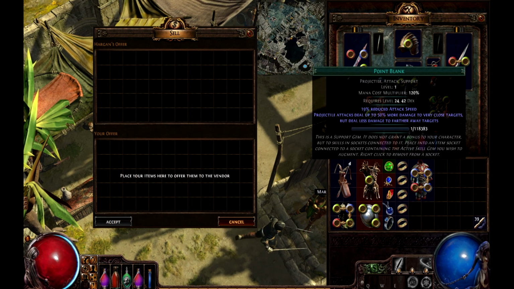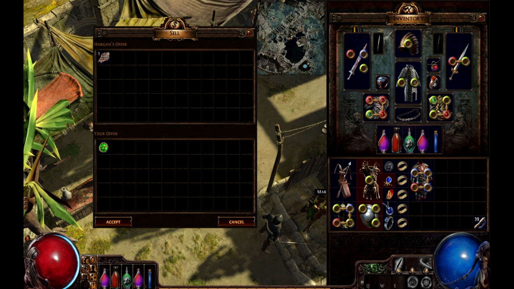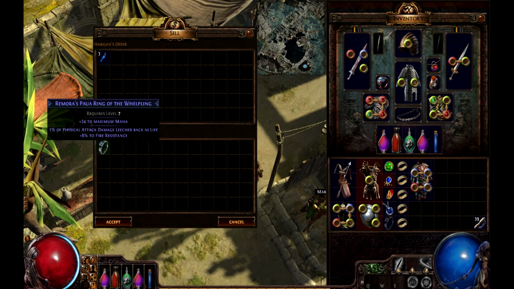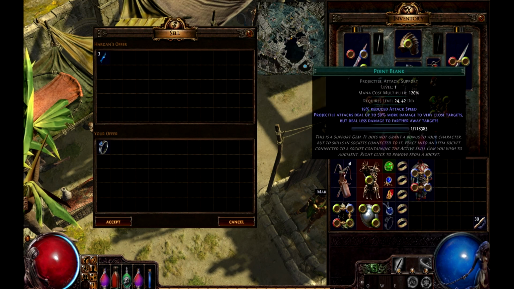Now, if you sell a skill gem, not that I want to get rid of them, you just get a scroll fragment. So selling a skill gem is not very interesting. If you sell a ring, well, in this case it's a blue ring, so I get alterations, otherwise it would have been a scroll fragment. So you again don't get something really interesting. But if I put in...